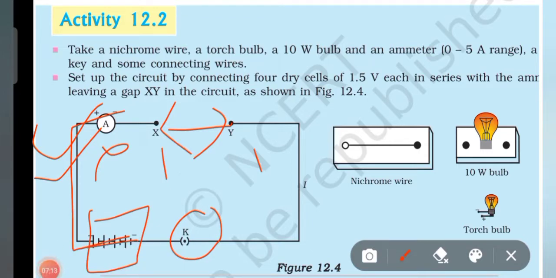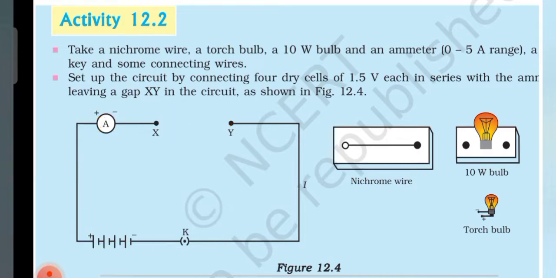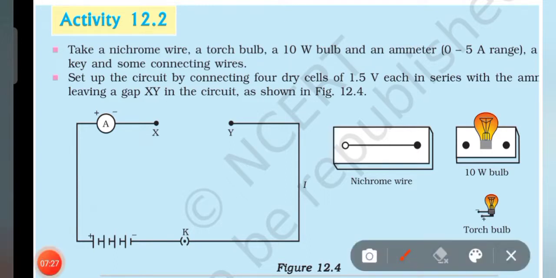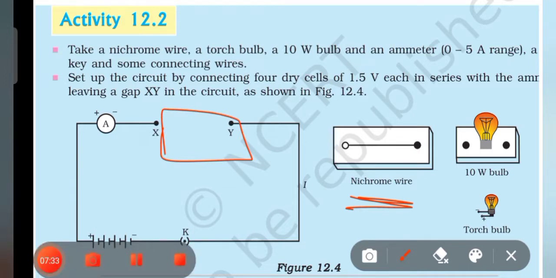In the next step, you have to complete the circuit by connecting the nichrome wire in this gap XY and then take the ammeter reading. After taking the reading of the ammeter with the nichrome wire, you have to replace this nichrome wire